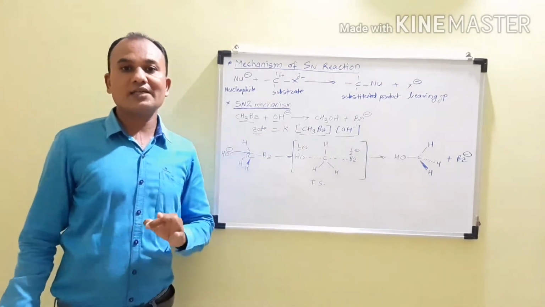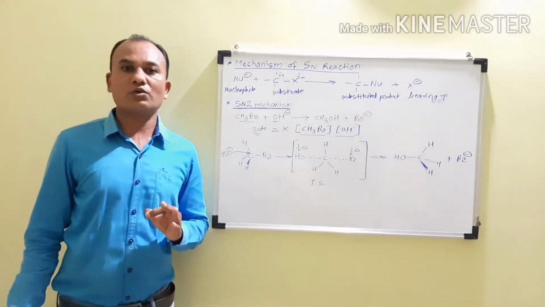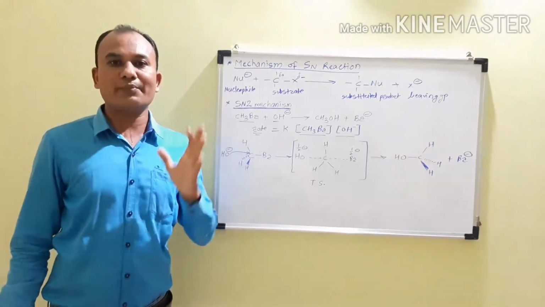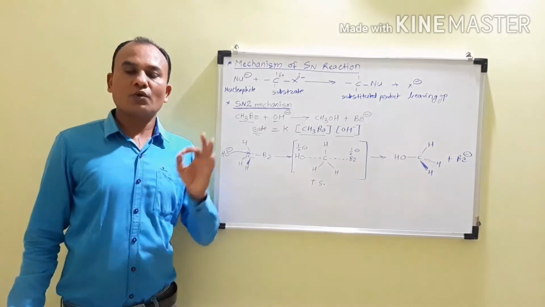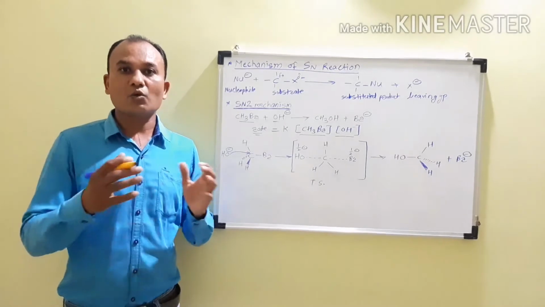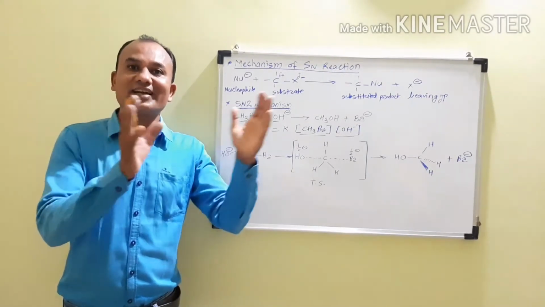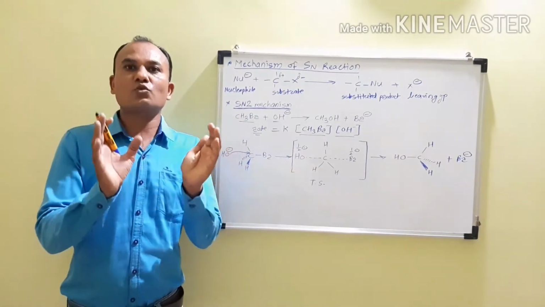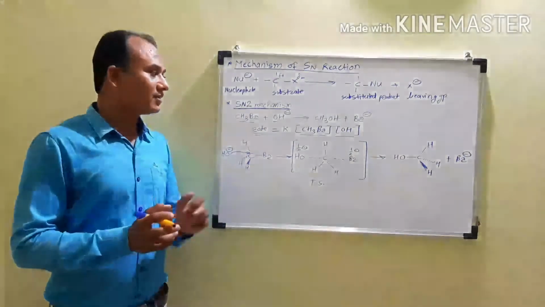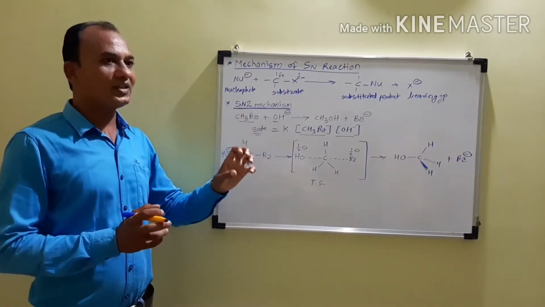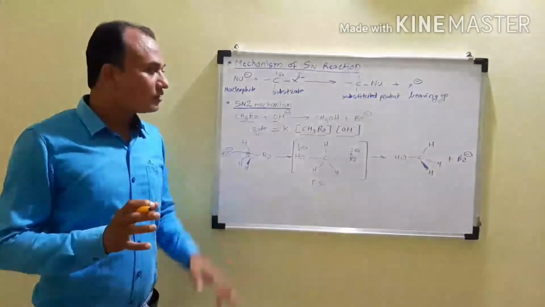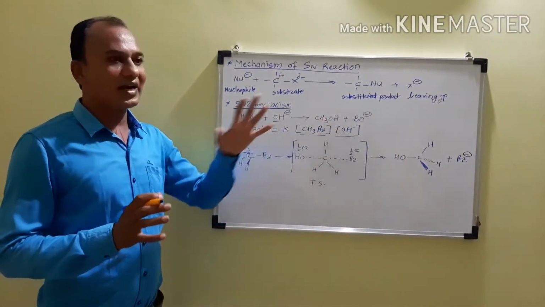Now when we are considering the rate equation or the chemical kinetics for a particular reaction, the rate of the reaction depends on the slow step of that reaction. A reaction may take place in a number of steps, but out of that the slowest step decides the rate, and therefore the slowest step is called the rate determining step. In this reaction, in the rate determining step or the slow step, both the reactants are involved.